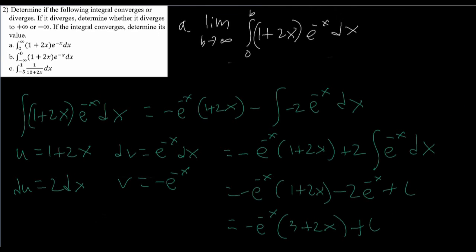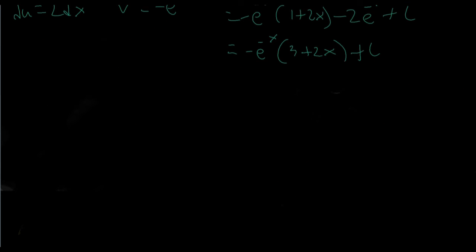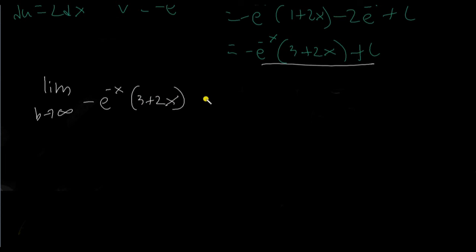And now that we got this, I'm going to take this and plug it in for this. And this is being evaluated from 0 to b, because the top bound is what's going to infinity. And then I'm just going to plug in b for these. And I'm going to take the e to the negative x and bring it to the bottom. That's usually a good strategy, not always, but here it's going to work. And we're going to get